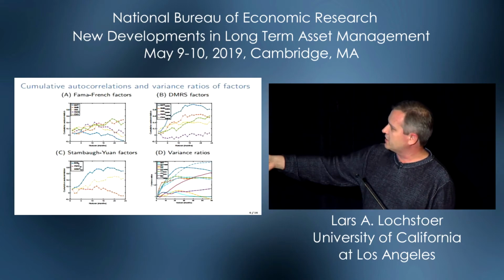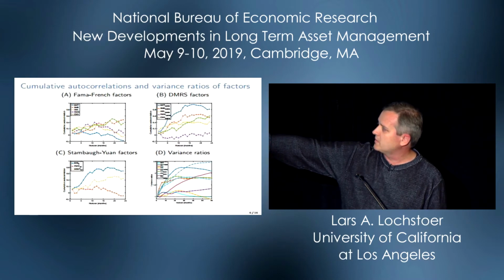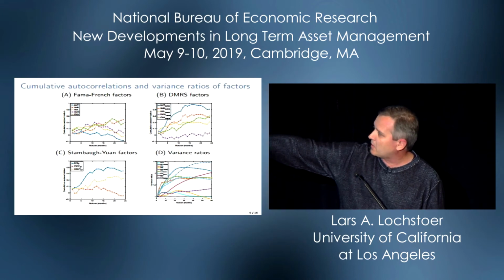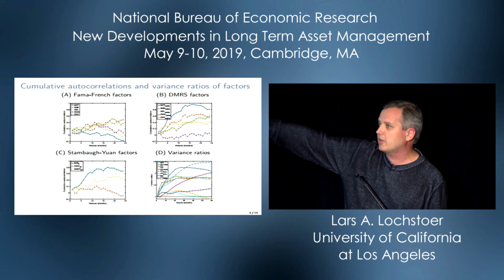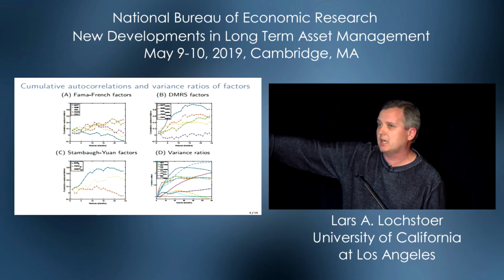If you look in the top left, the blue line is the cumulative autocorrelation of the market from 1 to 24 months. It's basically hovering around 0, positive a little bit until about 18 months when it starts going negative. That's the market, but it's hovering around 0. If you start looking at the other factors there, that's the Fama-French 5-factor model, they're way more positively autocorrelated, okay? So you start getting a lot of positive autocorrelation. The scale is the same on all the 3 A, B, and C plots, okay?